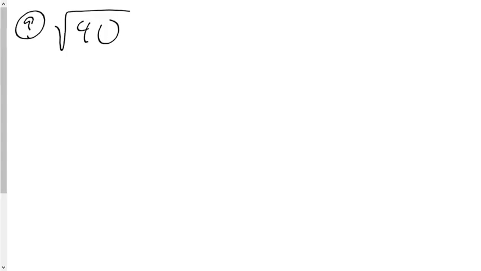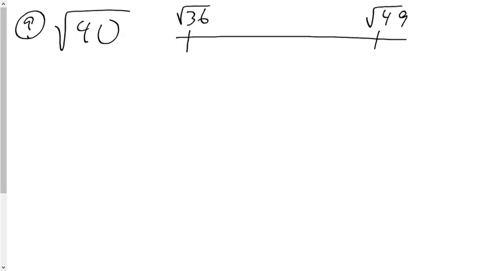Question 9 says estimate, and it helps you out by saying, estimate the square root of 40, use a number line. In these instances, when I give you the number line, you know you have to come up with perfect squares that fit on each end of that number line. The one before it will be the square root of 36. The one after it will be the square root of 49. You'll have 6